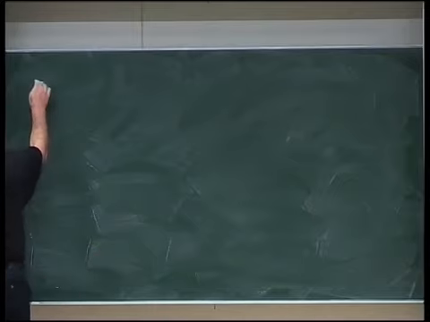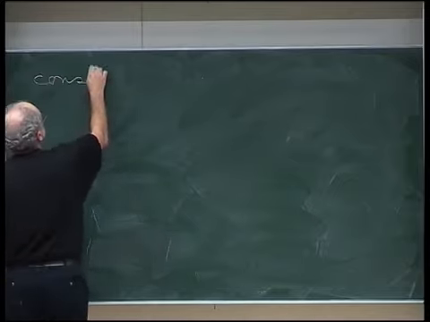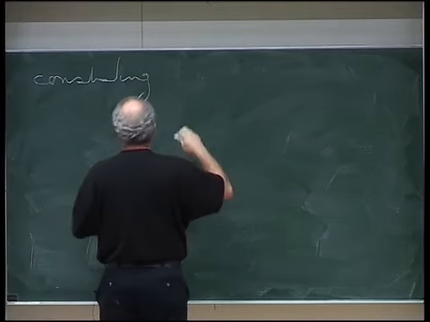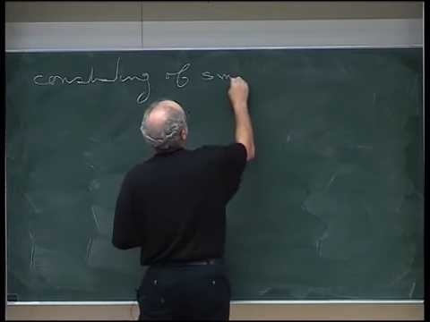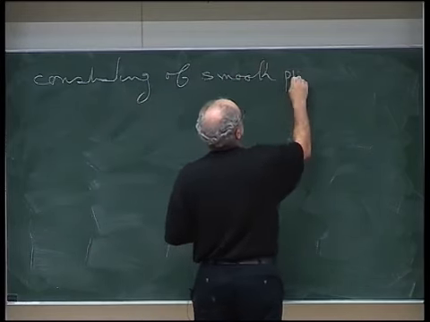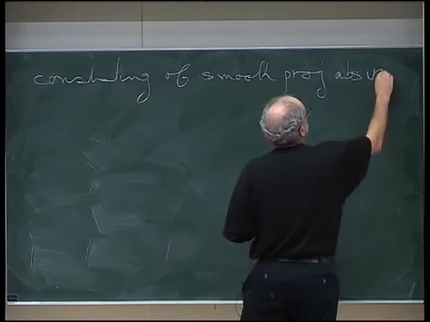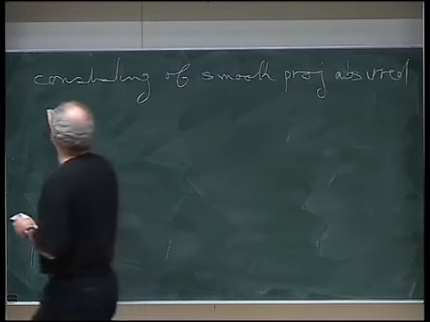So this triple is consisting, first of all, of a smooth, projective, absolutely irreducible curve X,